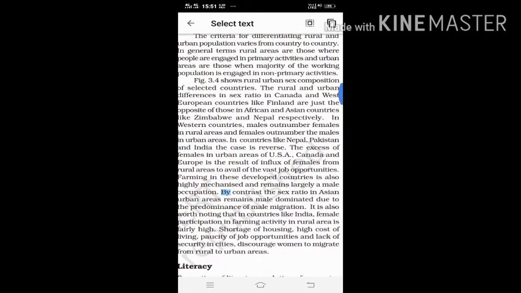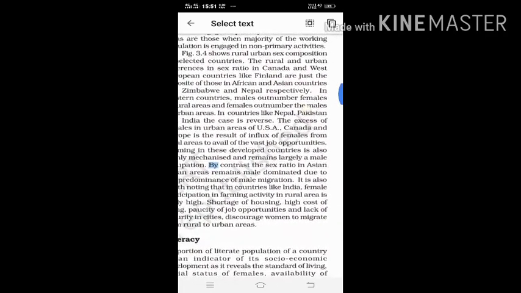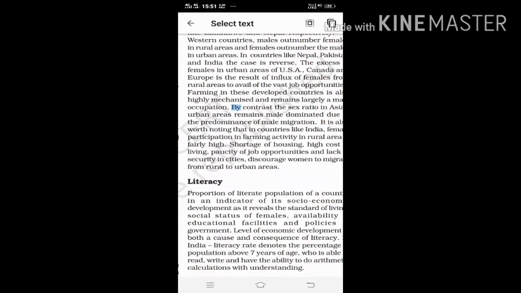So nothing much to explain, but you remember this part. By contrast, the sex ratio in Asian urban areas remains dominated due to, let me mark it here,